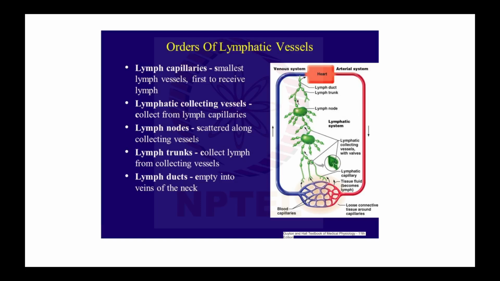So here you can see, from the heart of our body, the arterial system carries the blood to different body organs. Arteries get branched and then divided into capillaries, and in the capillaries the gaseous exchange takes place, and the deoxygenated blood travels from our tissues back to the heart in the venous system. So in between this, wherever the capillaries are present,